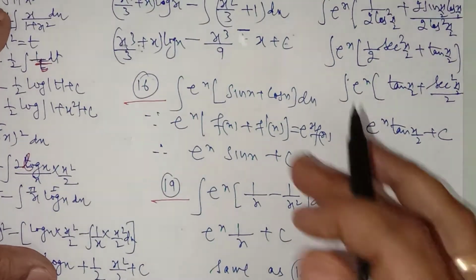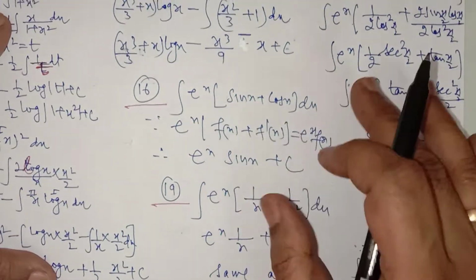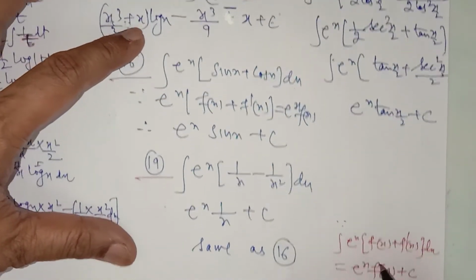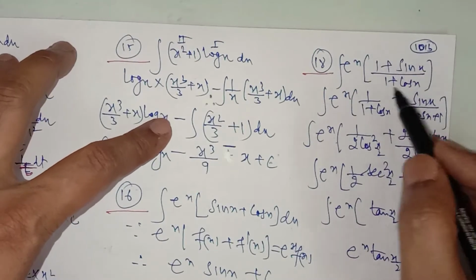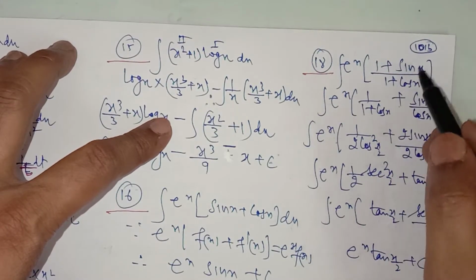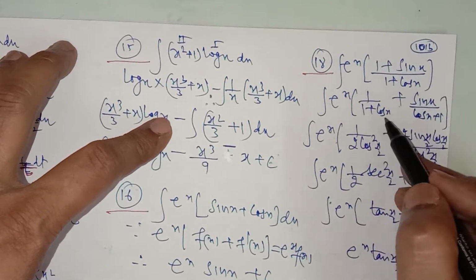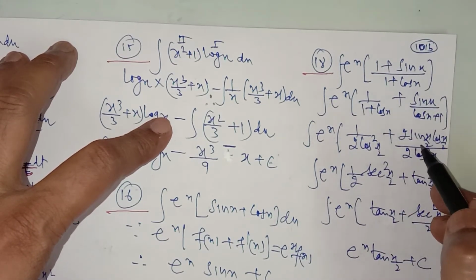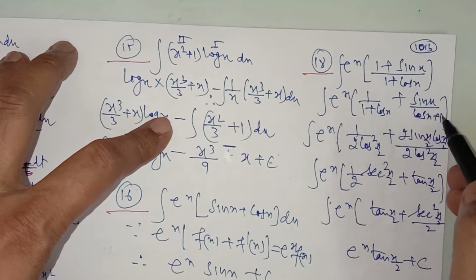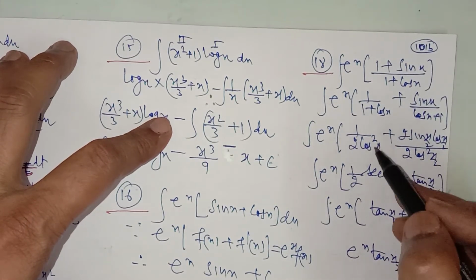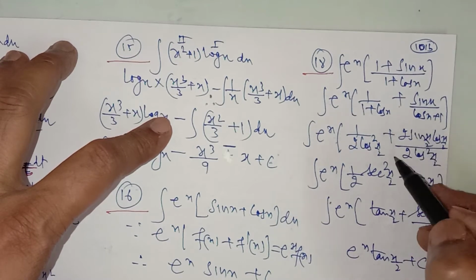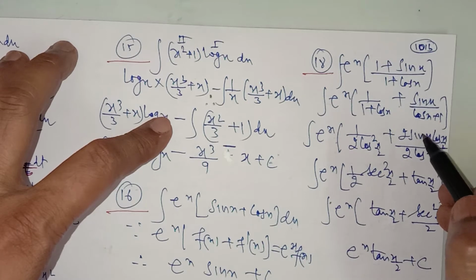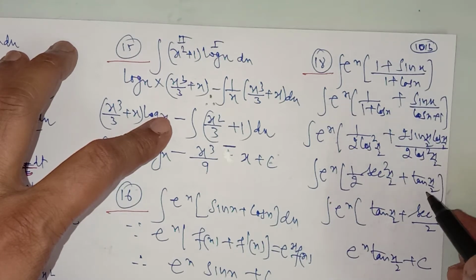property of integration by parts. These questions are direct questions because you don't have to arrange, but in question number 18, you have to arrange it to convert into this form, which is 1 plus sin x upon 1 plus cos x. So 1 upon 1 plus cos x, sin x upon 1 plus cos x. 1 plus cos x, you know the formula, it is 2 cos square x by 2. Sin x, you know the formula, 2 sin x by 2 cos x by 2. So 1 upon cos square is sec square x by 2. 2 cancels with 2, sin x by 2 cos x by 2 cancels with cos x by 2, it will be sin x by 2 upon cos x by 2, which is equal to tan x by 2.